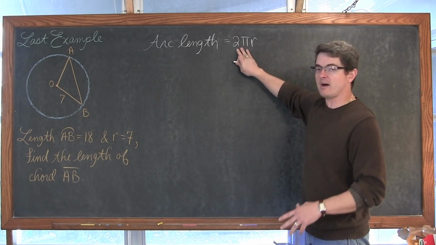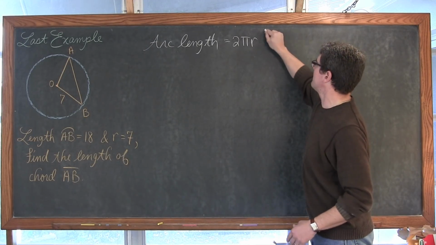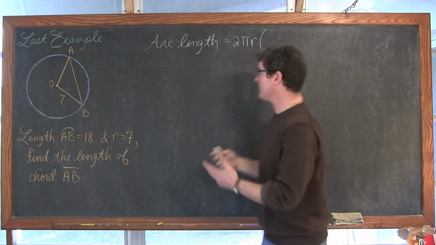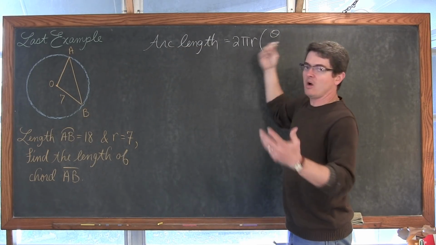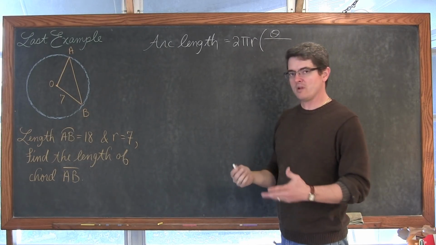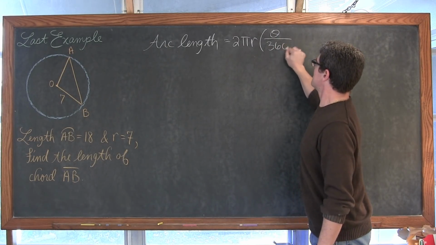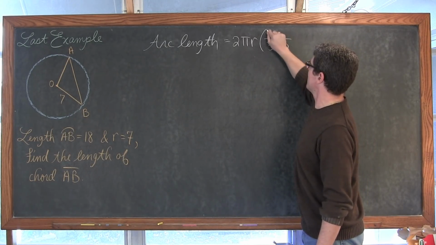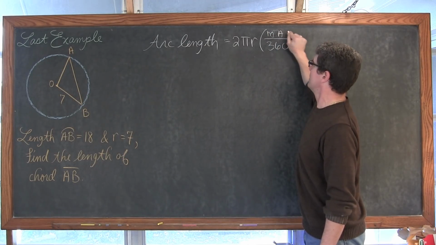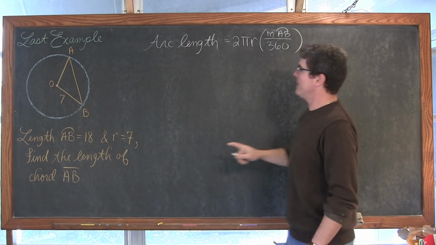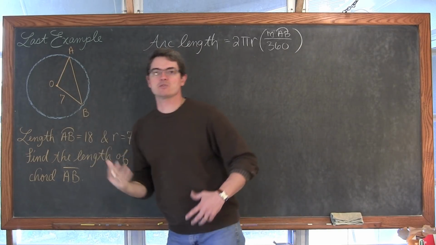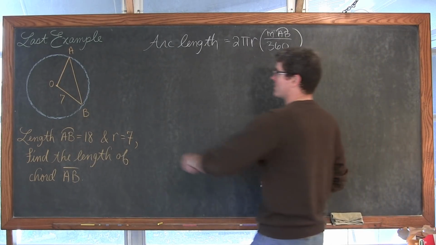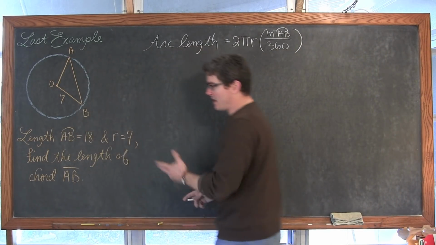So that means that I'm going to find the entire circumference of the circle and then multiply by what part of the circle we are using. Well, that in the formula is theta. Again, I can't help but use these Greek symbols like my other math books do, over 360. I could be saying, in my geometry terms, the measure of arc AB. And the measure of that arc is going to be the same as the measure of our central angle. That's where theta could be in its place. Well, arc length, the actual arc length between A and B, the length of that blue line, is equal to 18.